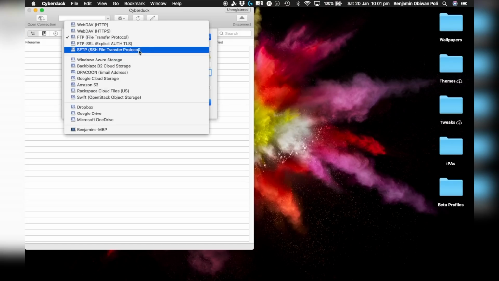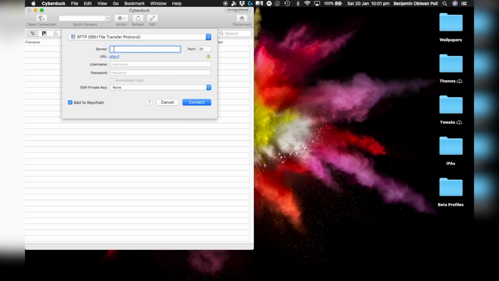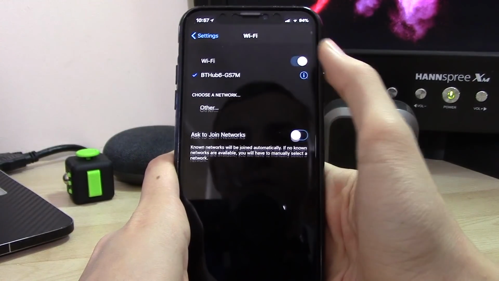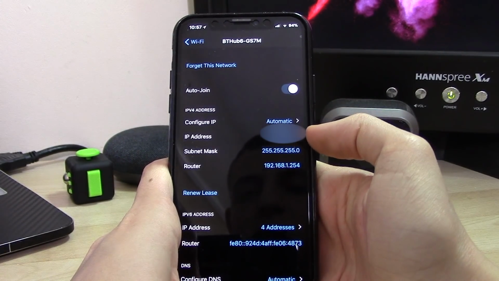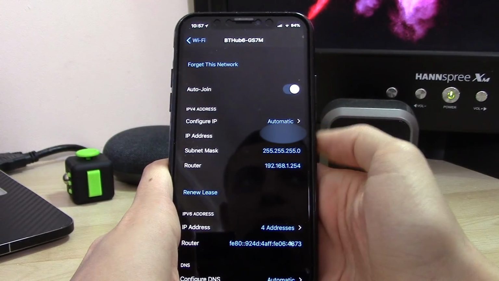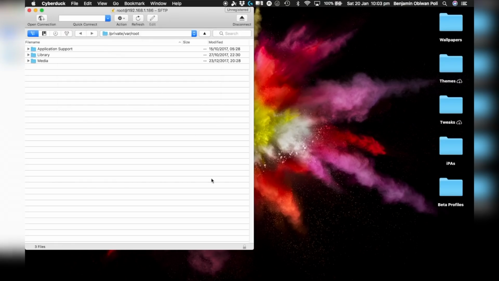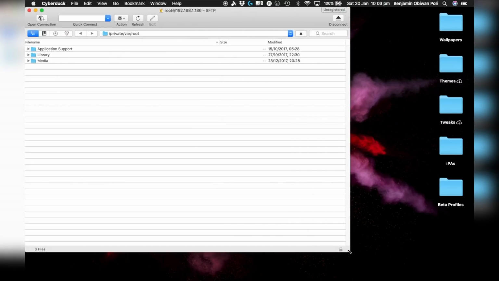You want to select SFTP SSH File Transfer Protocol, and then you have to put in your phone's IP address. So you can find that by going into your settings, Wi-Fi, and then tap the I next to your connected Wi-Fi network, and your IP address should be there. So now that you know your IP address, you want to type it into CyberDuck, and then here where it says username, the username is root unless you have changed it, and the password is Alpine. That is ALPINE. And then you click connect, wait a little bit, and then it should be connected to your